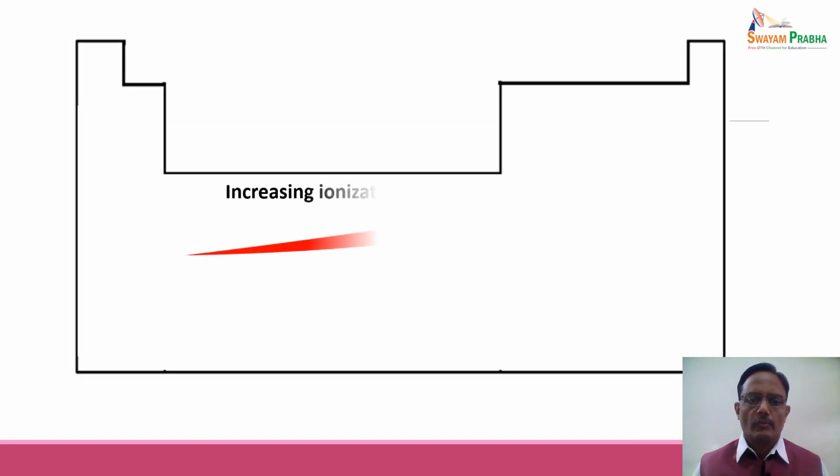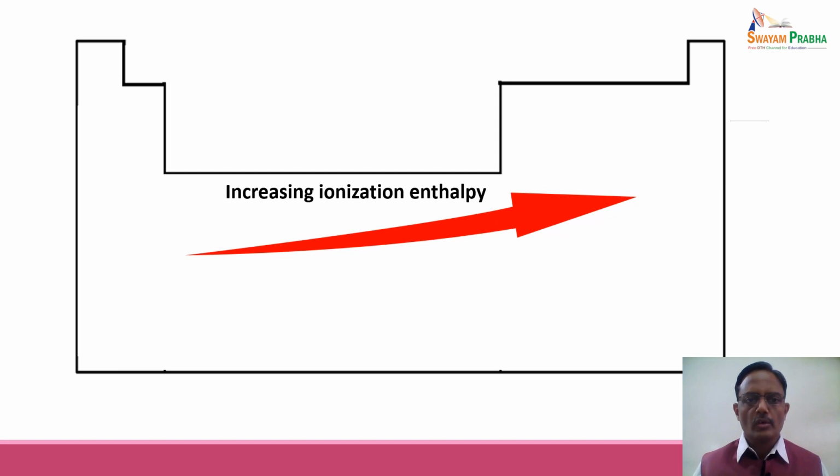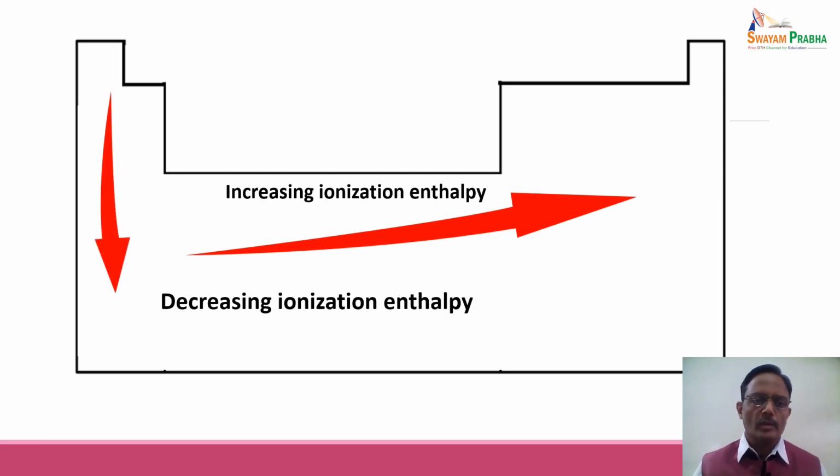In short, we can summarize that when we go from left to right in a periodic table across the period, the ionization enthalpy goes on increasing. When we move from top to bottom down the group, the ionization enthalpy goes on decreasing. The net effect of this is that the lowest value of ionization enthalpy is observed somewhere over here in cesium, or